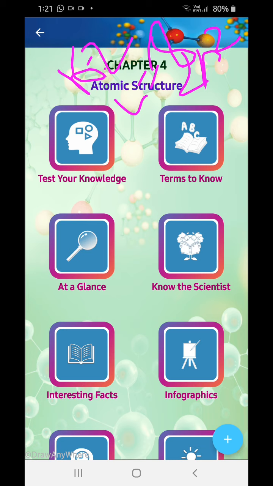Yeah, 8 means octet. And then they searched for more and more and they found helium also in that group. And then they said, oh, helium also has 2 and helium does not have to work much. It is having a duplet structure. So they thought, yeah, we can make either the octet or the duplet structure. Now see very carefully. Think about the energies and think about how much energy can be wasted.